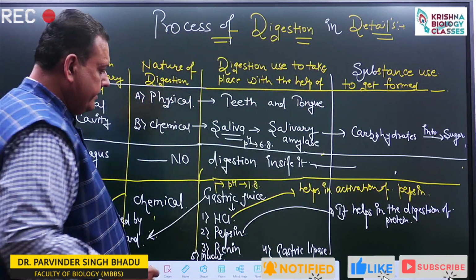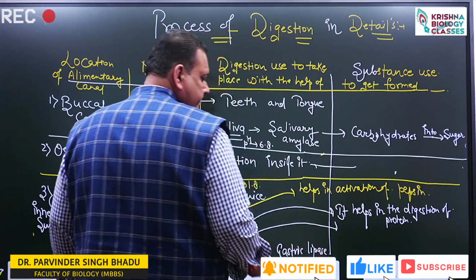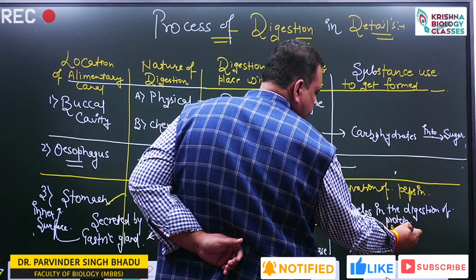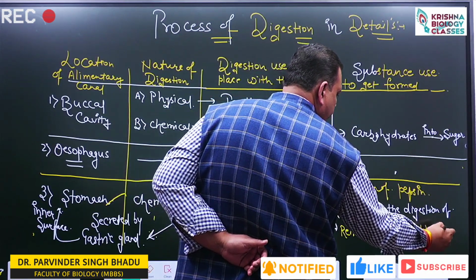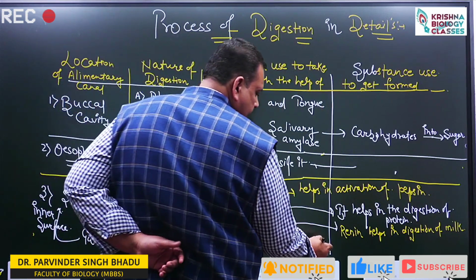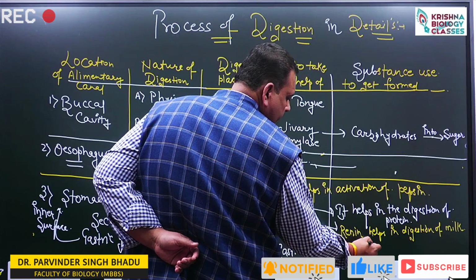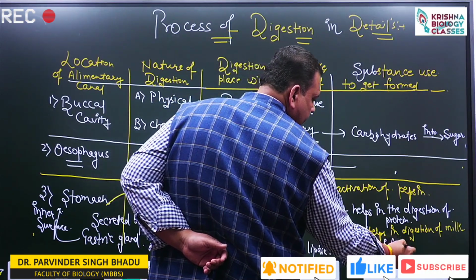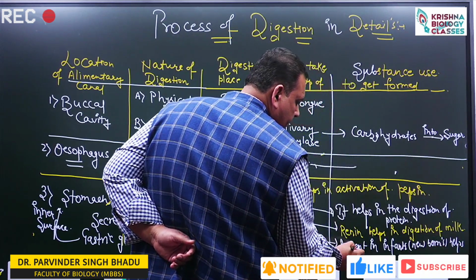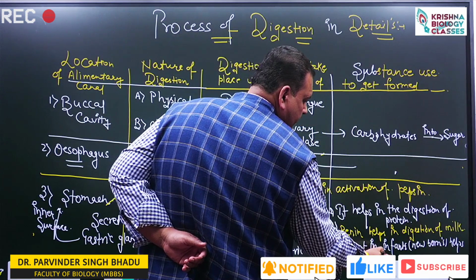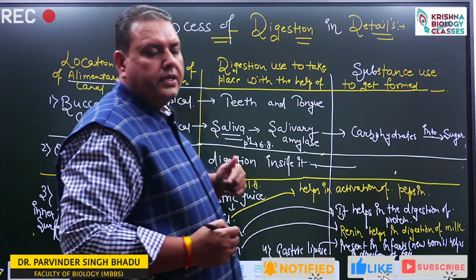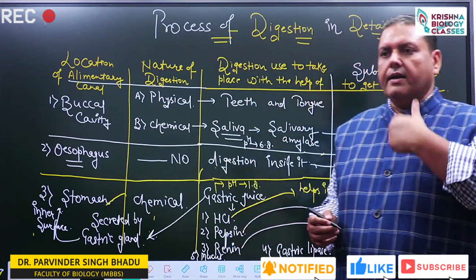Now, renin helps in digestion of milk, and gastric lipase, present in infants or newborns, helps in digestion of fats. ठीक है, तो देखो बेटा बच्चों, dear students, we need to remember the structure first: buccal cavity, esophagus, stomach,